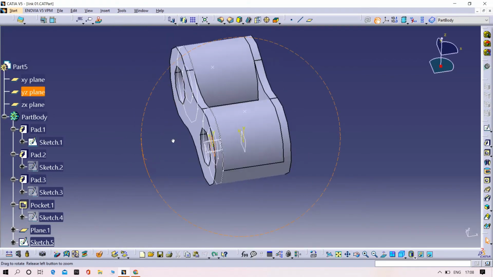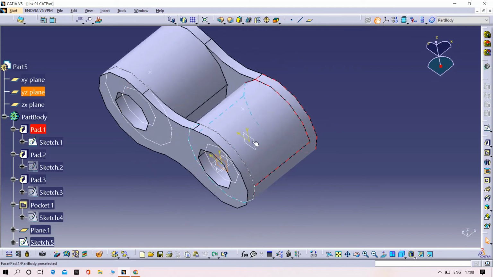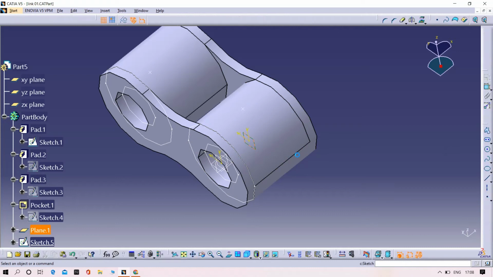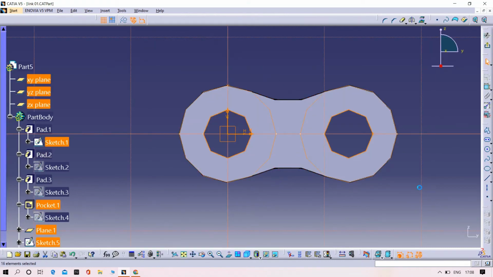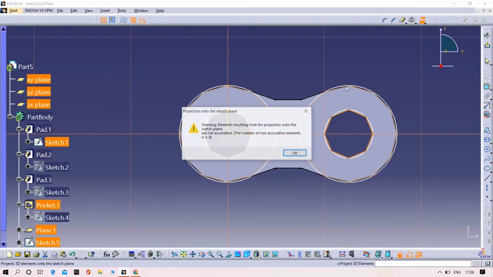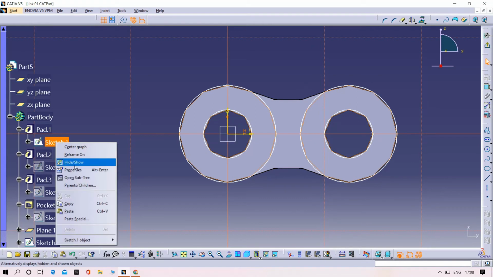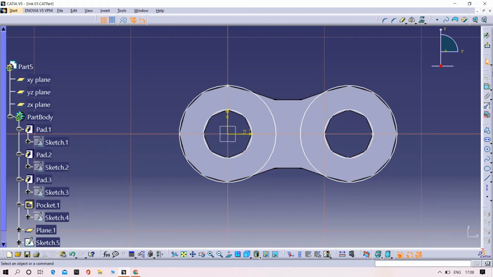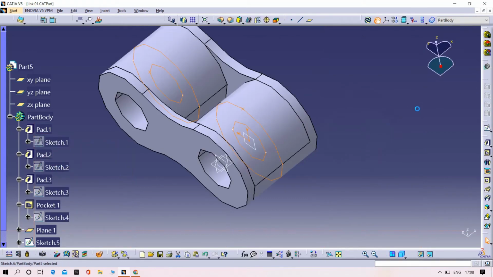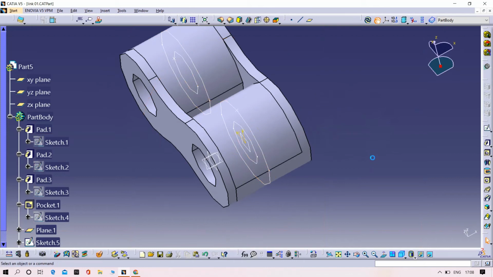Or else make a sketch, select the plane, sketch, product 3D element, then show, then exit, then save.